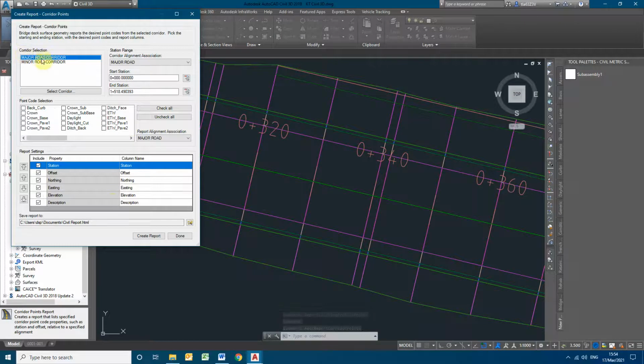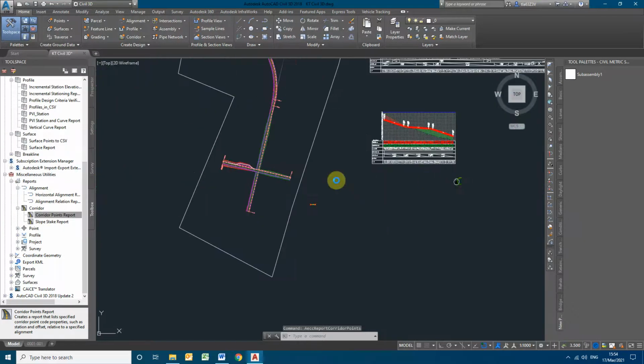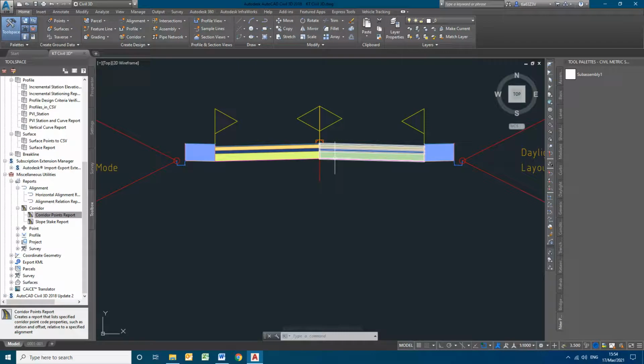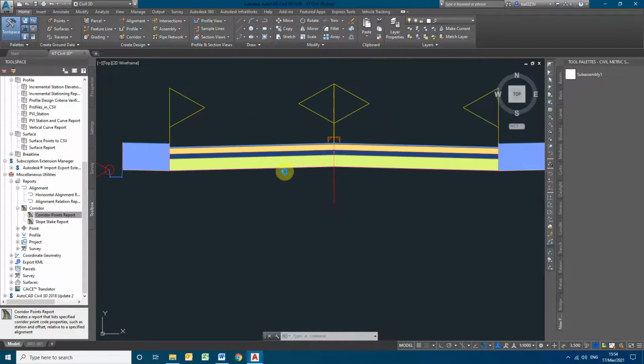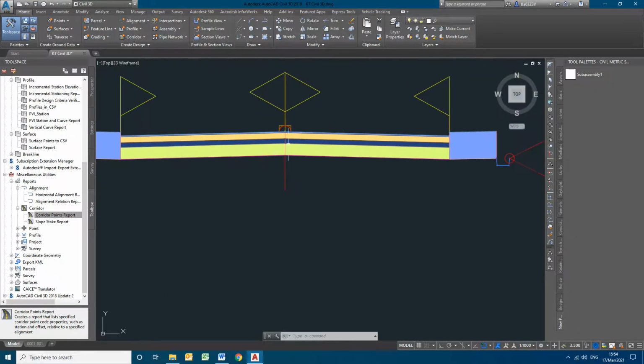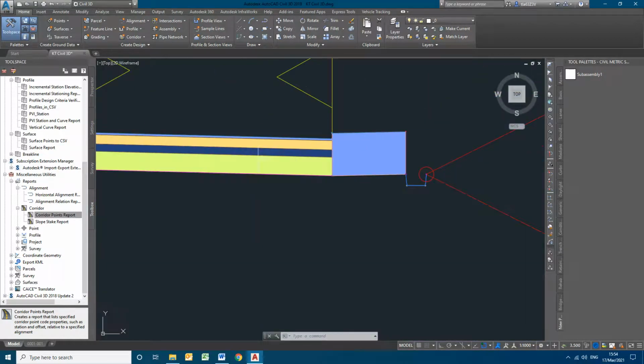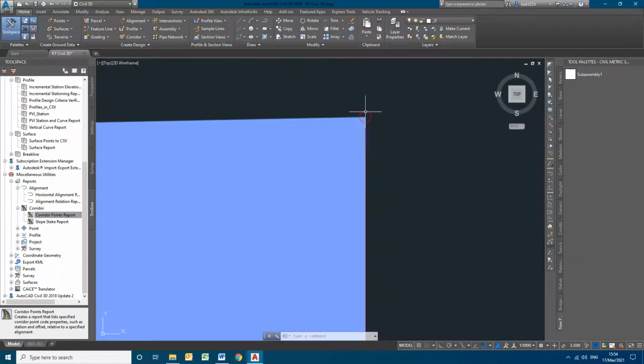So in the major corridor road, I want to show you one thing. In case you want the level for a particular point, especially the level on the center crown, we can take it at this point. So you can see the code style set, all codes, point code ETW. So this is the ETW code, point code.